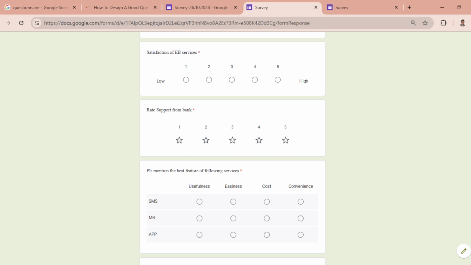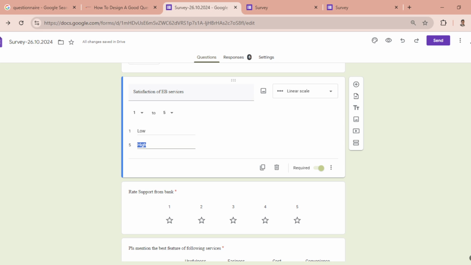We can mark it anywhere between these 5, either 3 or whatever the number. Next is how to add